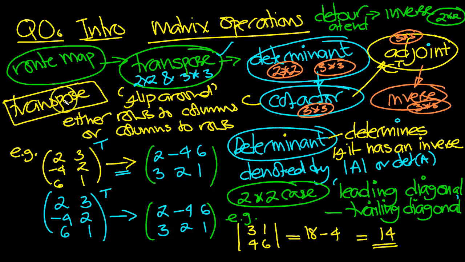So what is a transpose and how do you get it? Well, the transpose basically you just flip it around. So you exchange the rows for columns or the columns to rows. So you can see an example here of a 3x2 matrix. If you want to take the transpose, you write T to denote the transpose of this matrix. And if we do it as though we're changing the columns to rows,